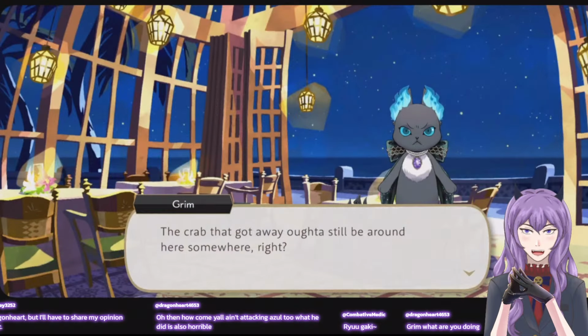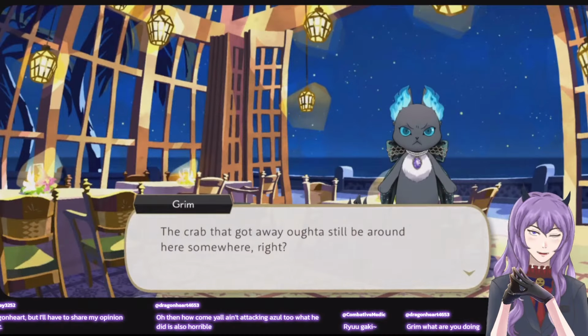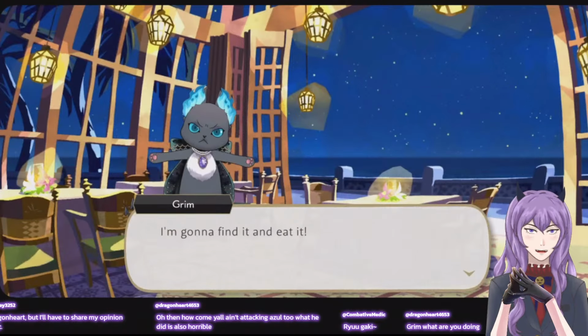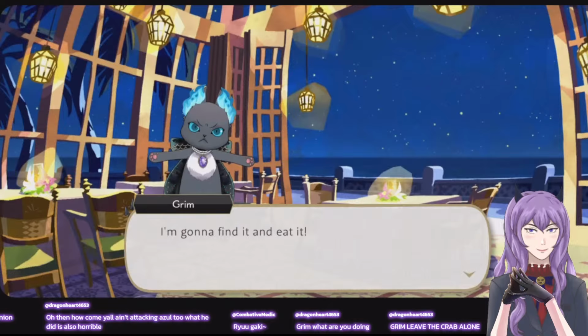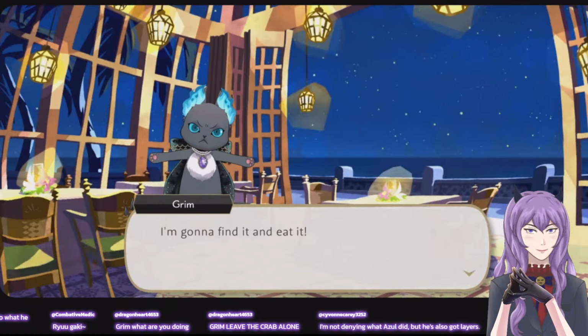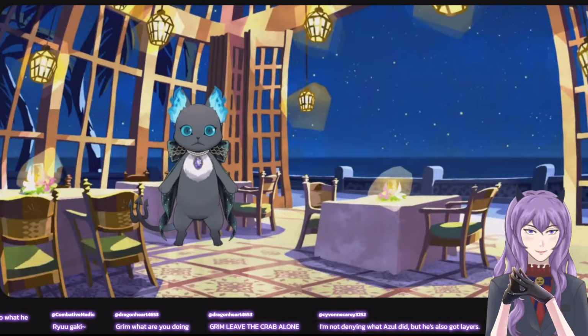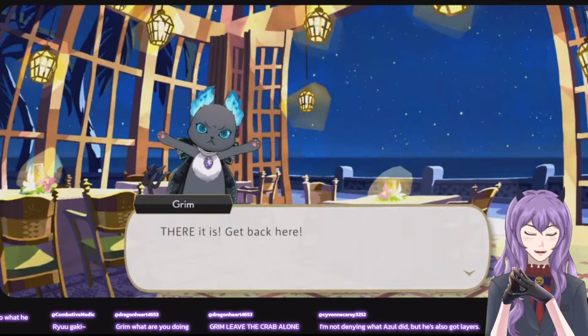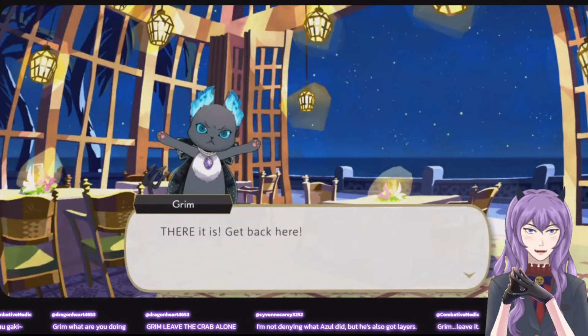Are you still looking for the crab? What would you even do with it? You can't eat it raw. Or can he? Well, I wouldn't be surprised. Grim eats rocks, so I'm sure a raw crab isn't an ordeal. Oh damn! There is still a crab scuttling around.